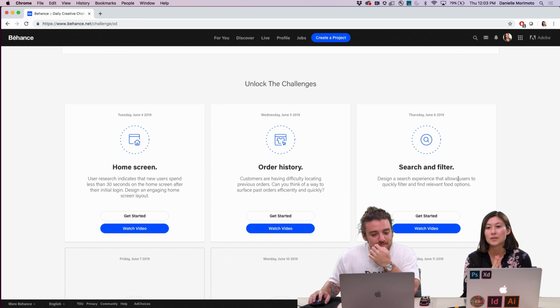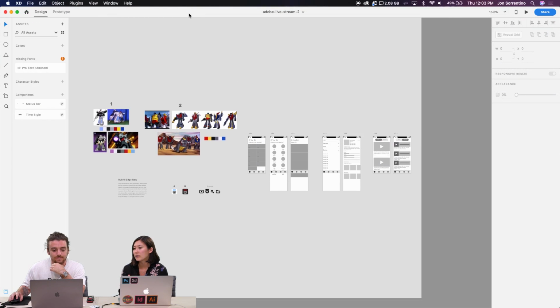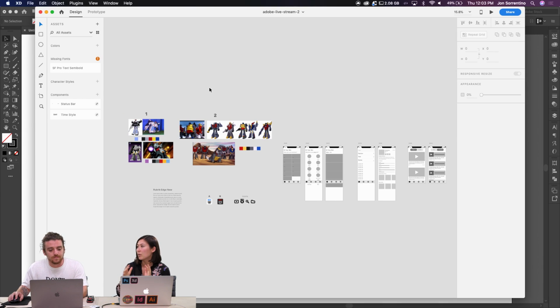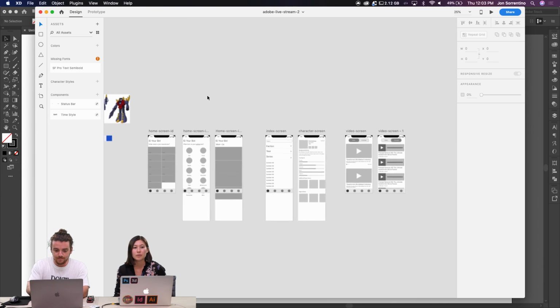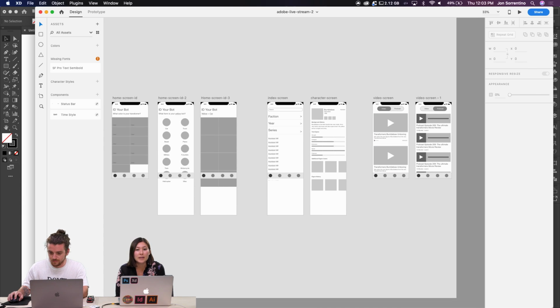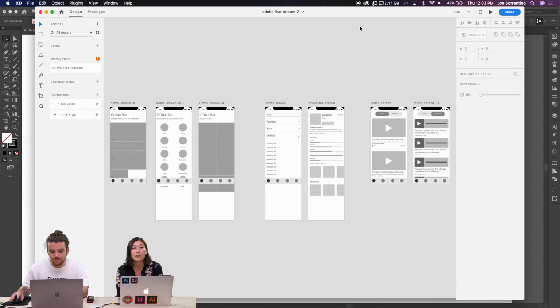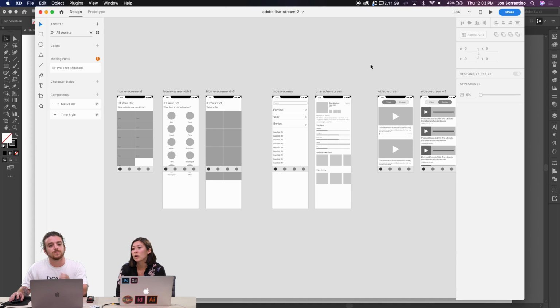Perfect. So I'm just going to hand things over to Jon, and he can give a quick update on where we ended yesterday and what his process of going through things is, and then we can keep designing. We're designing in Adobe XD today, so if you have any questions about the tool itself or his process, let us know in the chat.